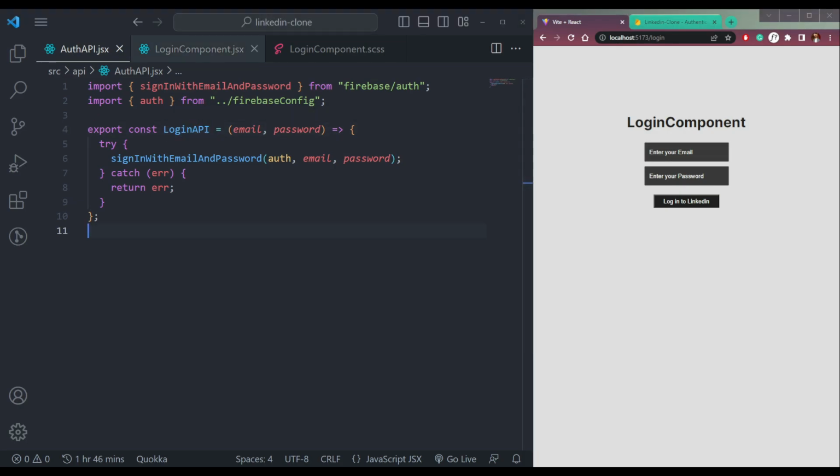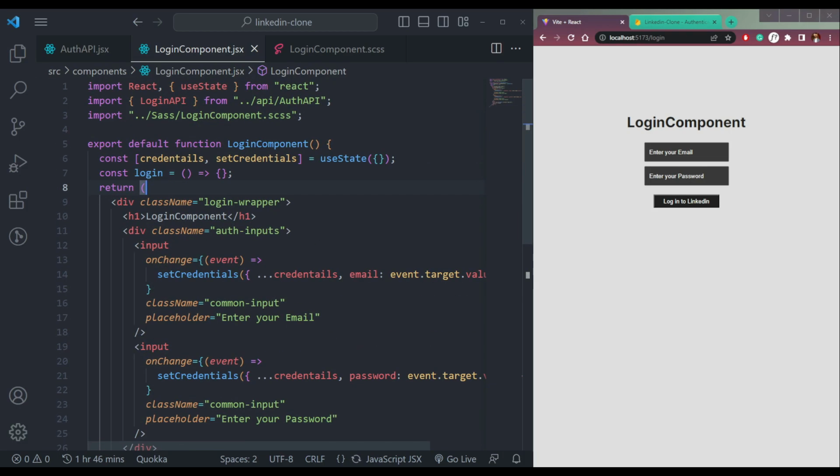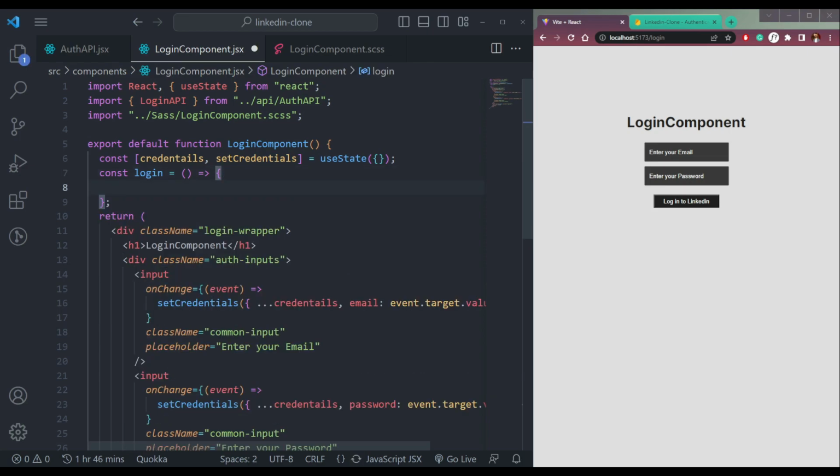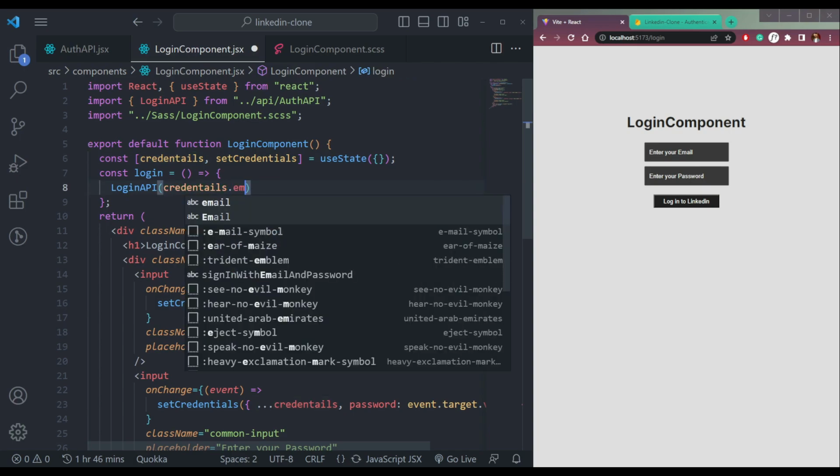So I have also fixed the login components, and the credentials are getting set here using onChange event. So this is a pretty basic stuff. Now this button is linked to this function. So now we can import, we have imported the login API from here, from API/authAPI. Then we can call it, okay, this loginAPI like this. But we have to feed the credentials to this login API. So we can say credentials.email, comma,